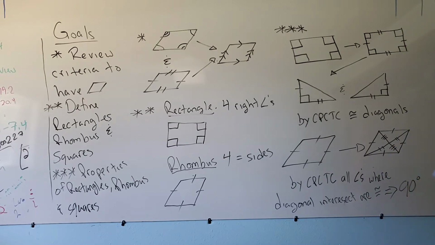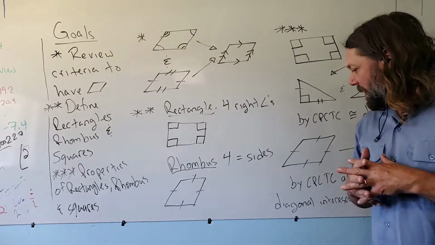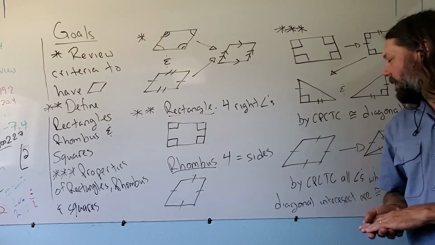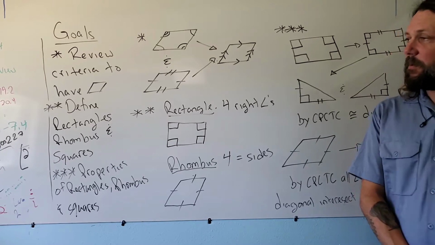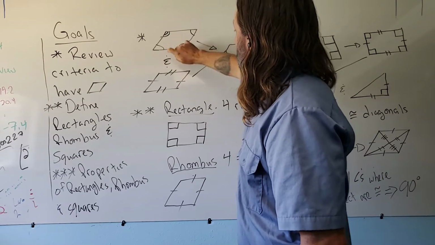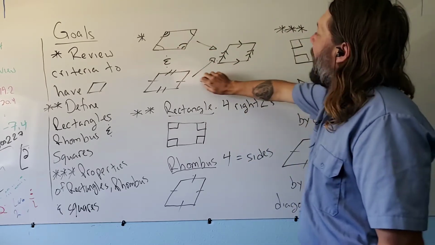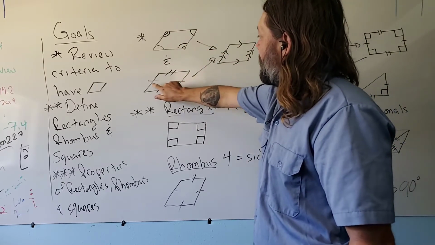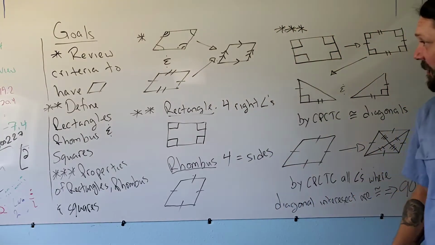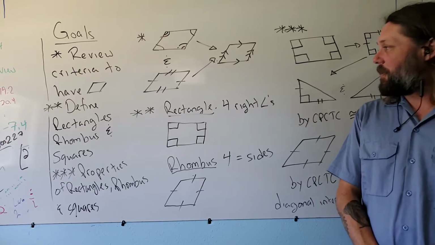a parallelogram. Remember, in 24.2, we had four starting scenarios that we were able to turn into parallelograms, and I want to focus on two of them. I want to focus on the one where we had opposite angles that are equal. That meant that we had a parallelogram, as well as opposite sides that are congruent. That also meant that we had a parallelogram, and that ties directly into our second goal, which is to define